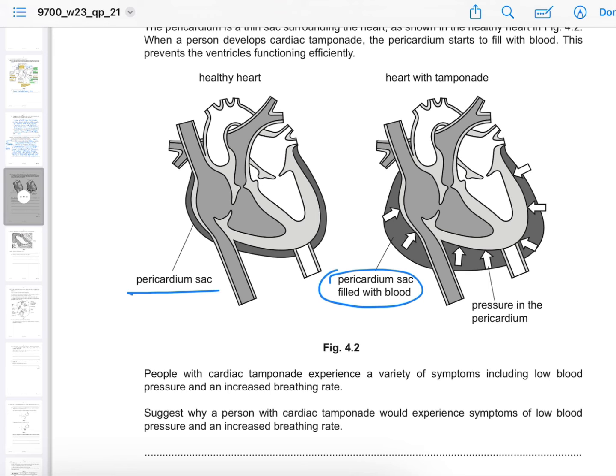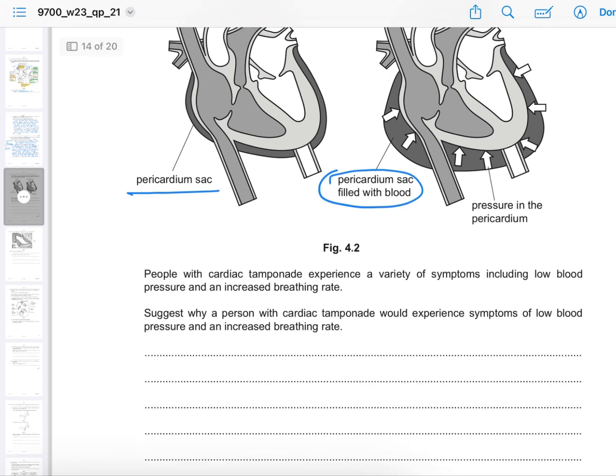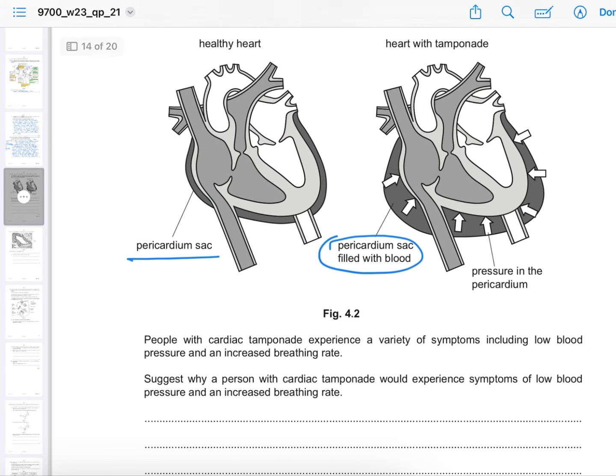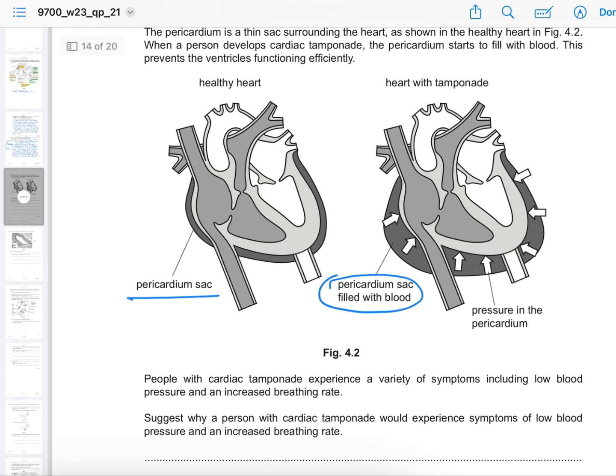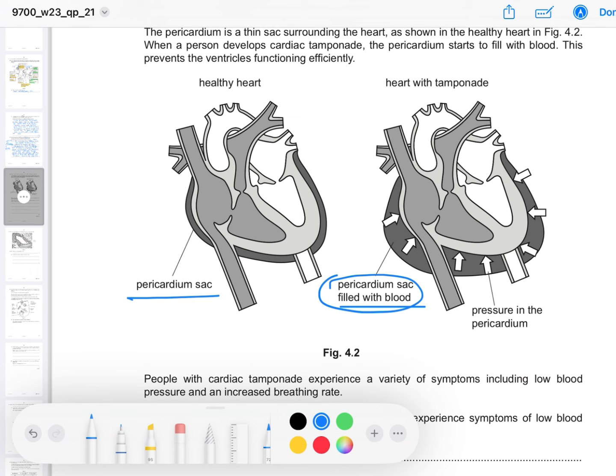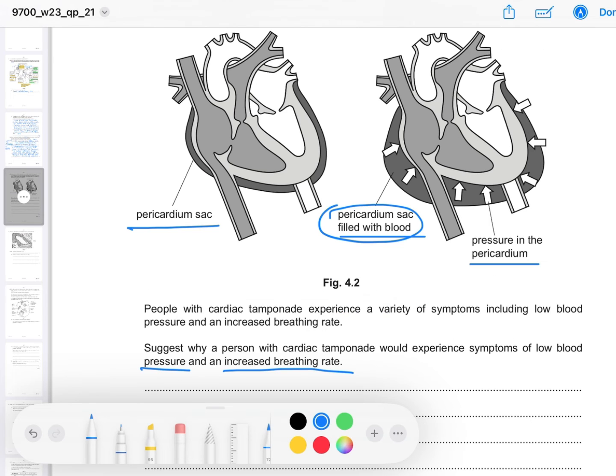Suggest why a person with cardiac tamponade would experience symptoms of low blood pressure and an increased breathing rate. So this is a 4-mark answer. So a person with cardiac tamponade has a pericardium sac that is filled with blood, and as you can see, this will exert pressure from the pericardium towards the ventricles. And the potential reasons for this pressure in pericardium decreasing the blood pressure and increasing breathing rate could be that